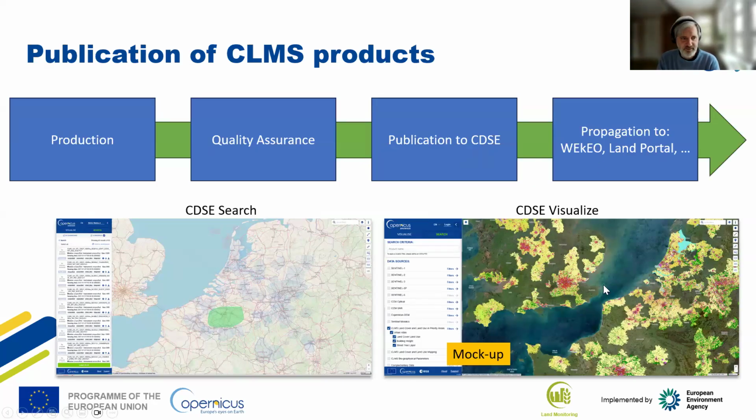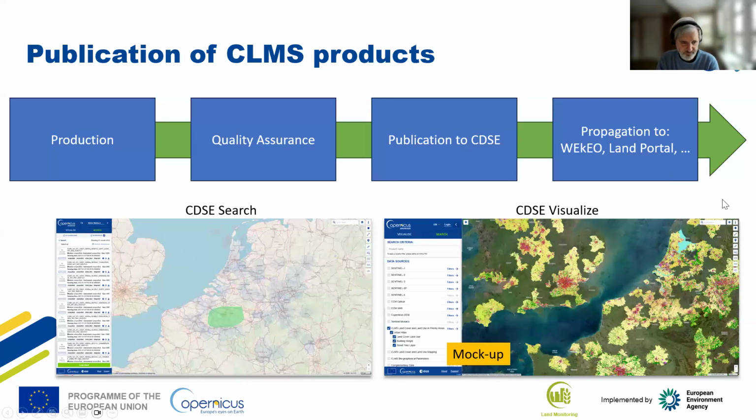So now is, let's say, the farm to fork. What is the process of our data until it reaches your table, where you then process or do something with the products? The first thing, obviously, the data is produced, and then it goes through a thorough quality assurance that makes sure that technically and thematically the products are up to the expectations. Then once that is okay, the data is published to the CDSE, and from there it is propagated to Vekeo